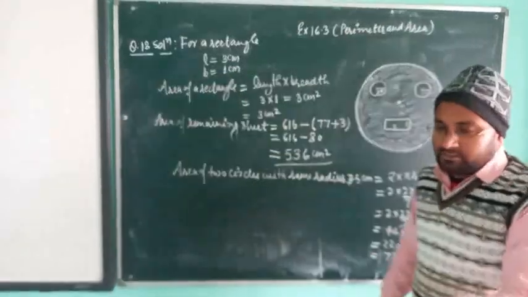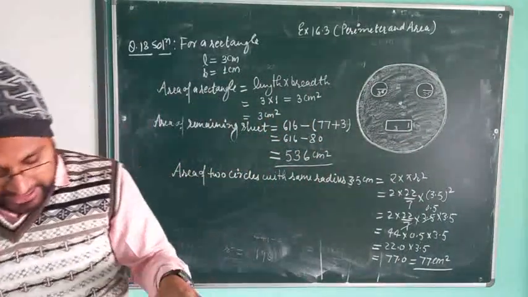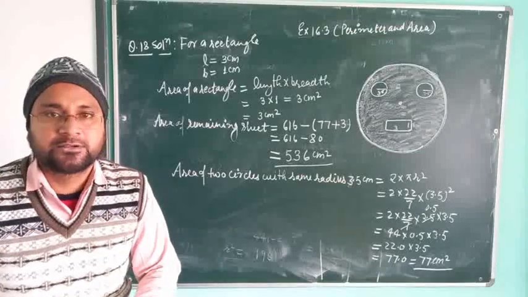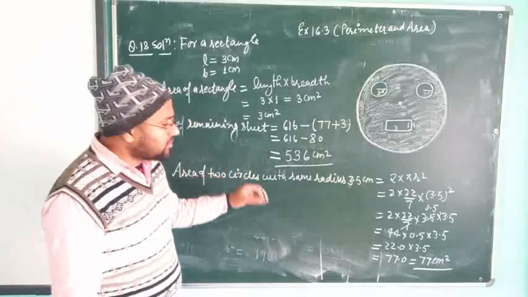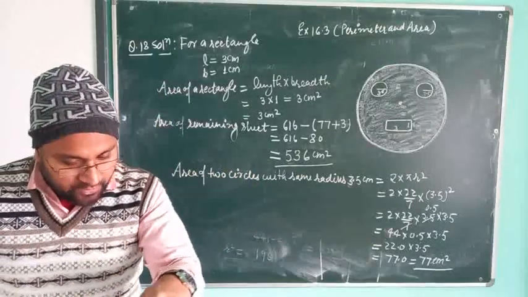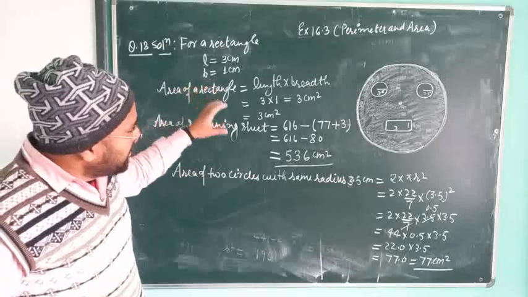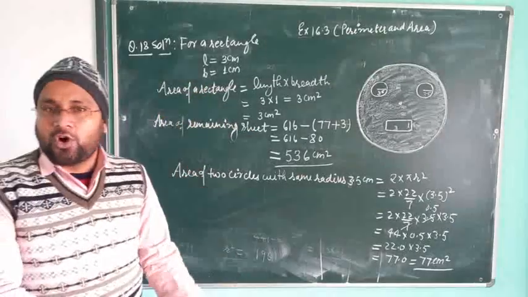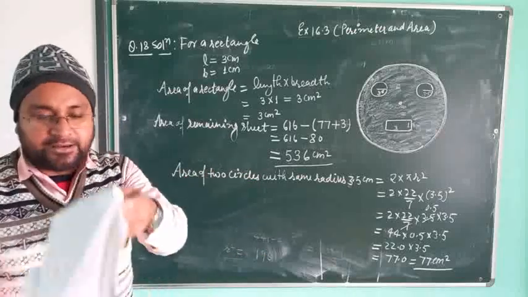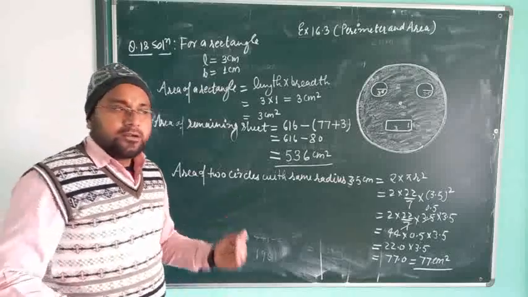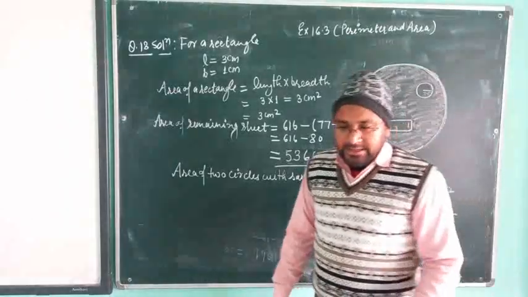With this question number 18, I complete this exercise on perimeter and area. Whatever questions remain, I will definitely do in the class, so don't worry about the one or two questions that are remaining. Whatever I have completed, you can complete in your copy. Then after that I am going to discuss the next exercise, congruency of triangles. Till then, thank you students.